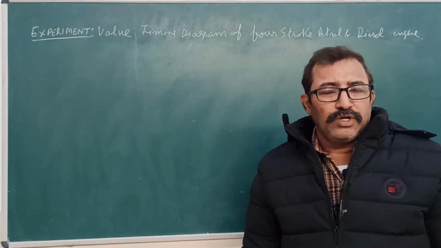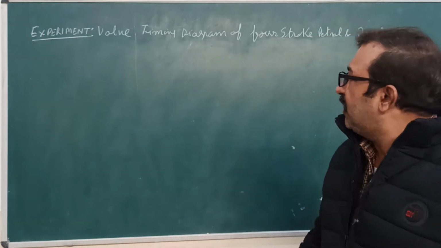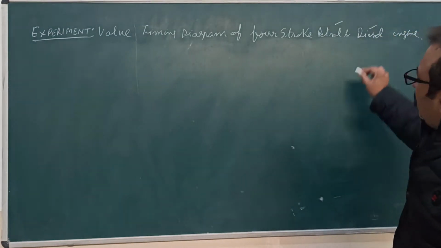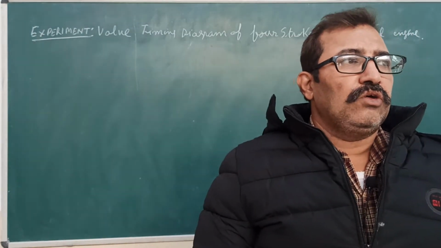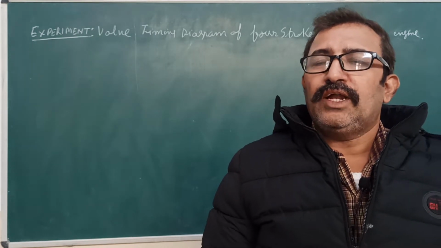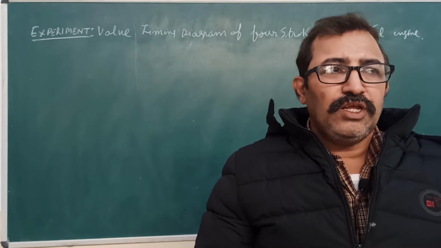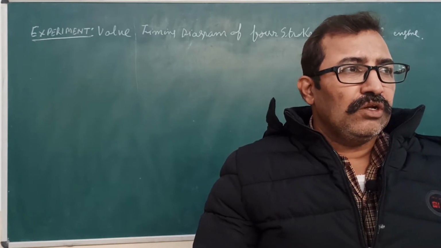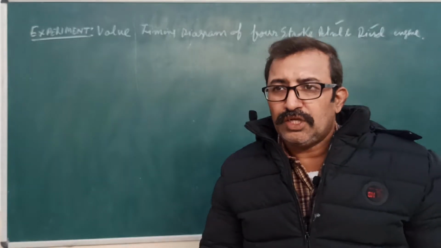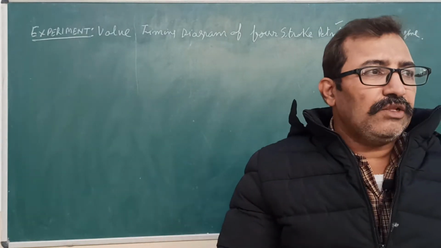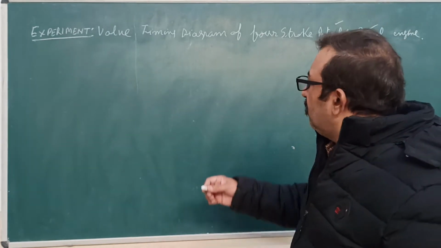Today we are going to understand valve timing diagram of 4-stroke petrol and diesel engine. So first of all, we should know what is valve timing diagram. It is basically point location of inlet and outlet valve or ignition point in complete thermodynamic cycle. So let's start to understand.